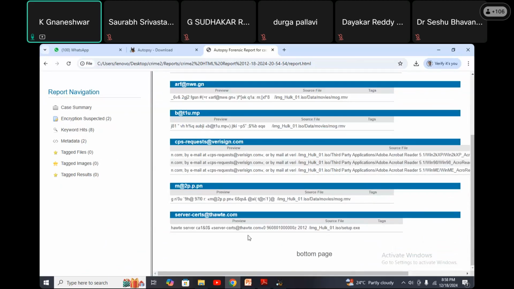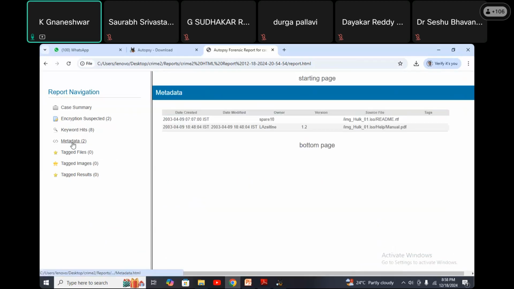This is the last page, the bottom page, which I gave myself. So metadata, here we can see metadata, meaning data about the data, related data totally. And target files, these files are not there. This is a clear report. I applied one small ISO image, this one. If it is a large image, like an OS or whatever, it can give clear details.